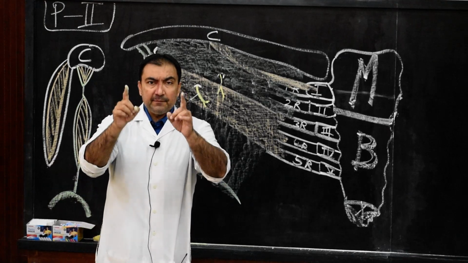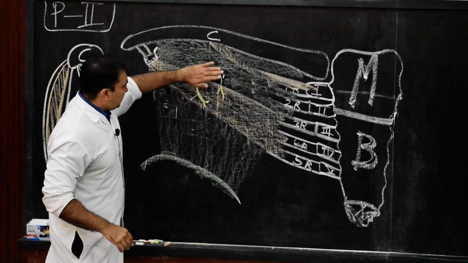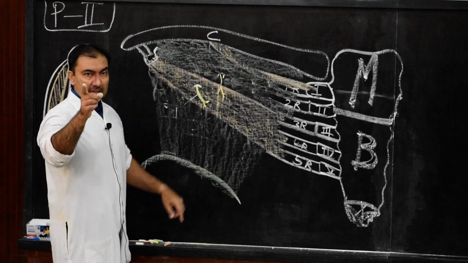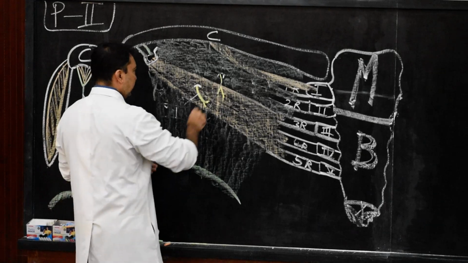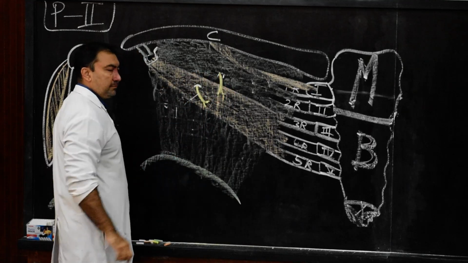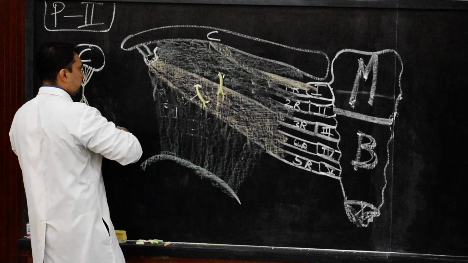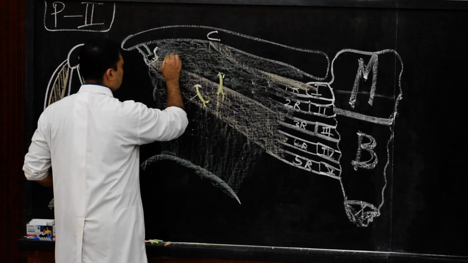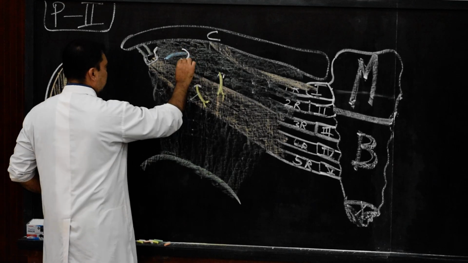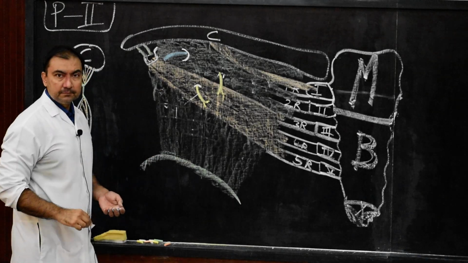Now the last point, very important point, this is asked in MCQs. What are the structures which are piercing clavipectoral fascia? Structures which will pierce clavipectoral fascia, where my hand is there. Remember, one structure which we have already drawn. This is lateral pectoral nerve. Now another structure, if I draw over here, will be cephalic vein. The cephalic vein will pierce the clavipectoral fascia.